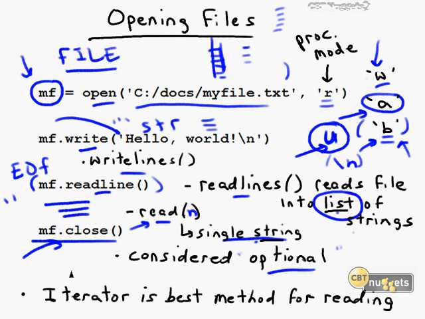Now what I'm going to show you in our demo, instead of just doing readline, read, or readlines, best practice, if you really want to be a Pythonista, is to use the contents of your file as an iterator and to run a for loop with the readline function to zip through the file. Doing that is much more parsimonious and easier in terms of memory consumption than either readlines or read, because remember, with read you get a single string, with readlines you get a list of strings. If we're doing a for loop with readline, we're being much easier and allowing garbage collection to easily take away elements that we no longer need. Let's do another demo.